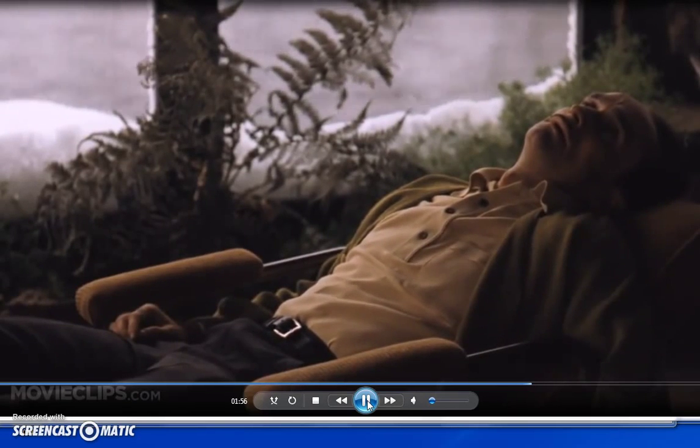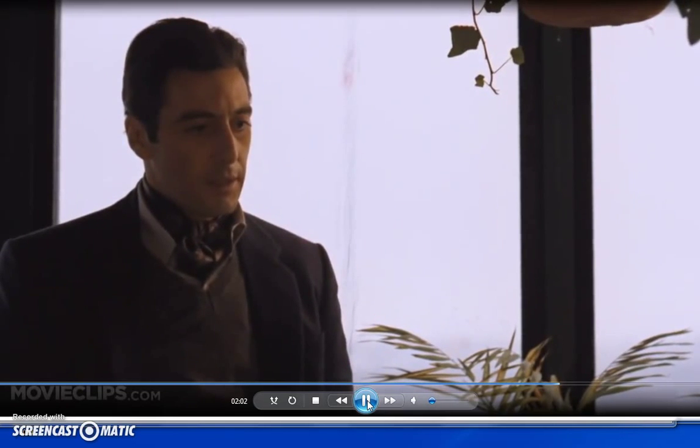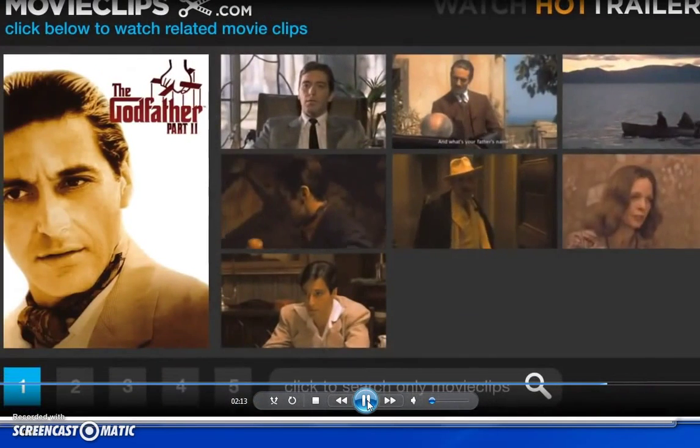So in the previous scene that I showed you, there's Al Pacino, and here he is again. And you notice there's an actor who's sitting on the lounger, and notice and try to see how the director's doing